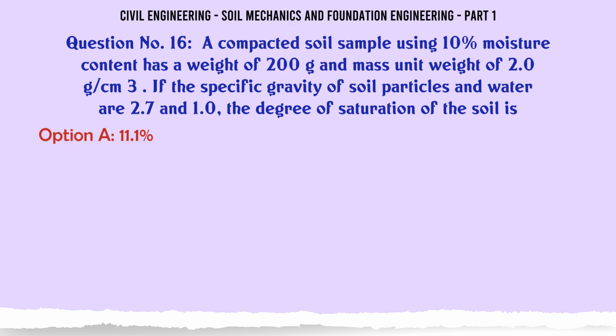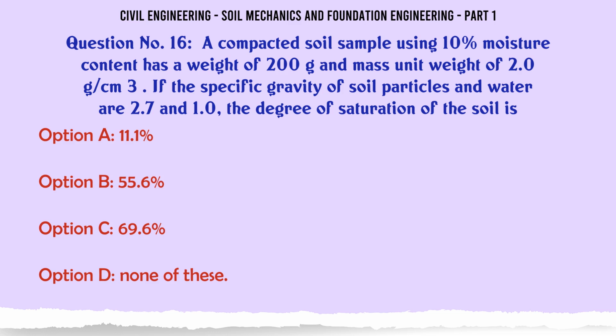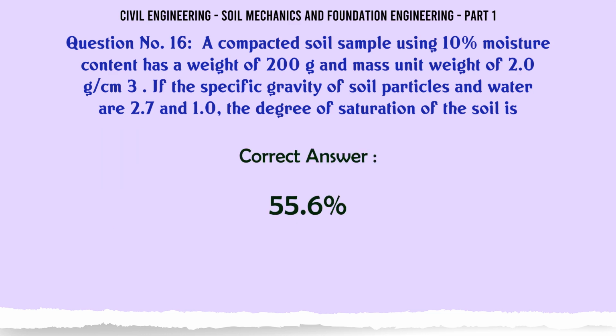A compacted soil sample with 10% moisture content has a weight of 200 g and a mass unit weight of 2.0 g/cm³. If the specific gravity of soil particles and water are 2.7 and 1.0, the degree of saturation of the soil is A. 11.1%, B. 55.6%, C. 69.6%, D. None of these. The correct answer is